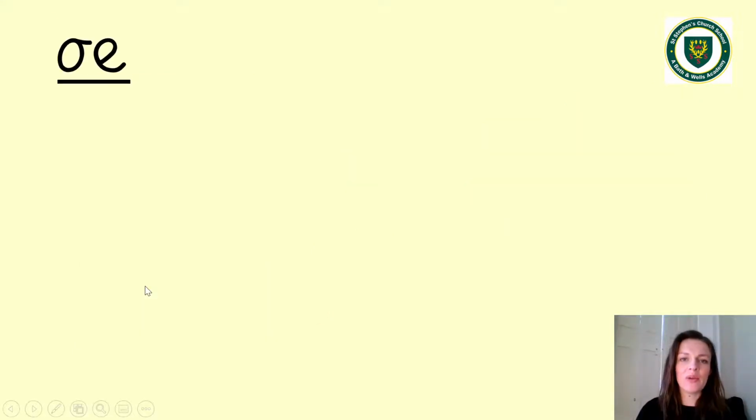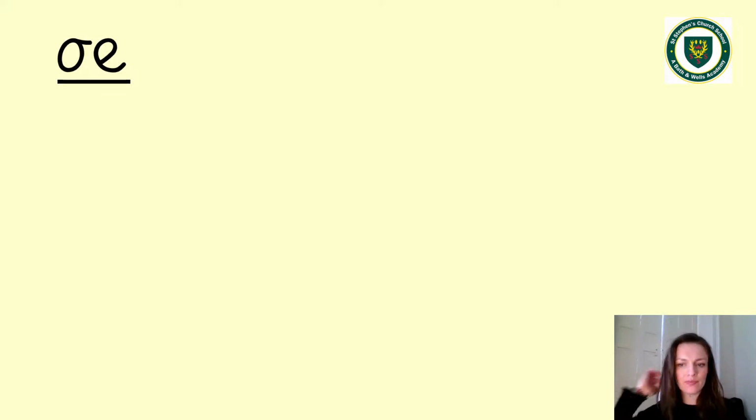So just then we were segmenting and blending words in order to help us read them. What we're going to do on this slide is we're going to segment words after we've said them into the individual phonemes that we can hear, and then we can write these down as the graphemes, and this will help us to spell words. So the important thing here is that we're breaking the word down into the individual sounds we can hear. Okay, so the first word which you're going to segment is